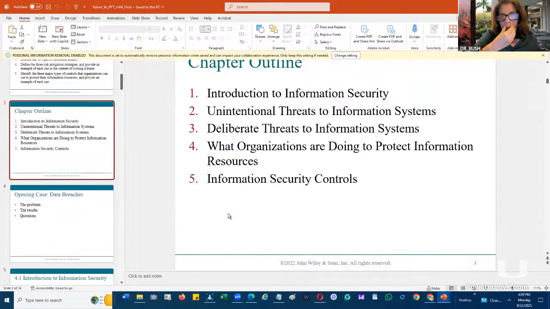We talk about security in general, and then we talk about information security. And if I think about information security,